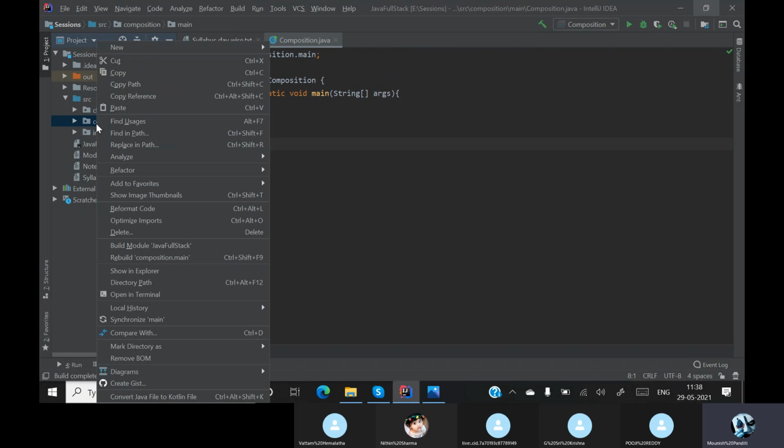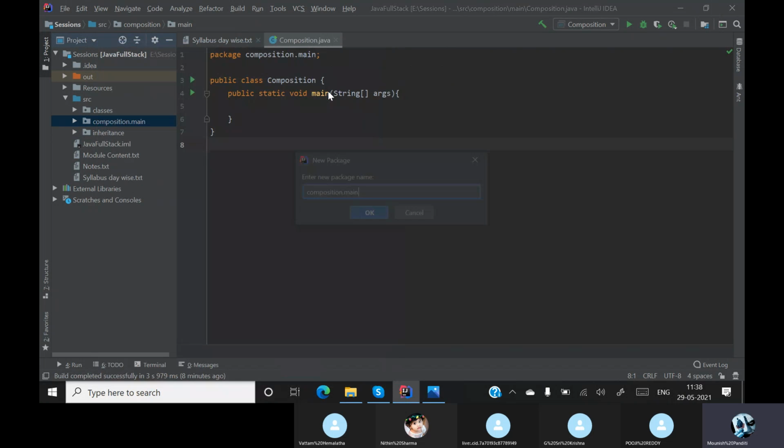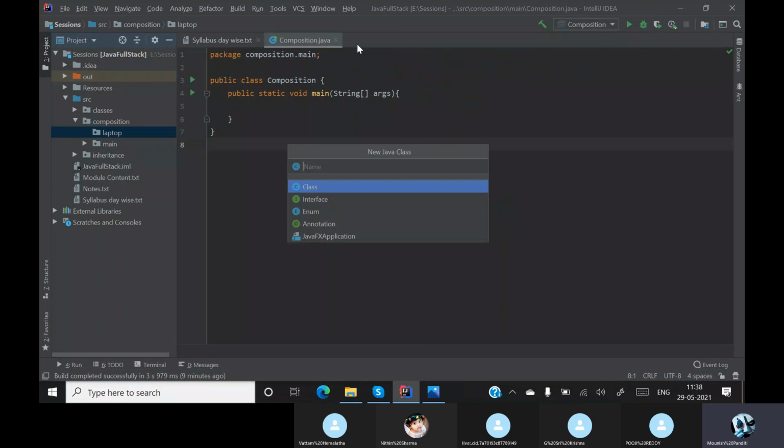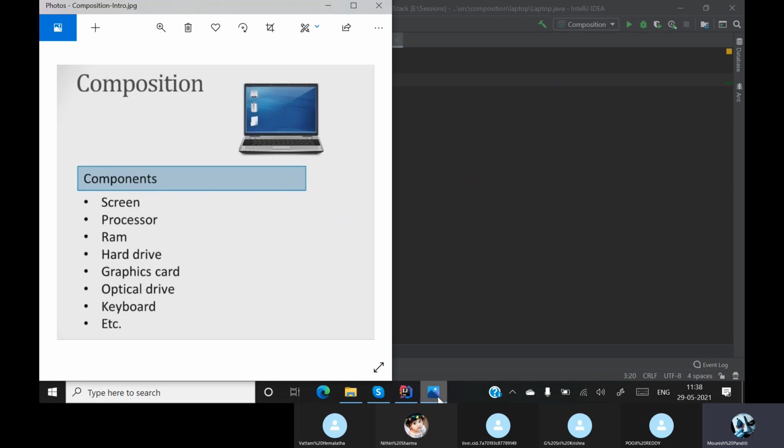Okay. Now inside the composition package, I'll create another package which is a laptop. Okay. Inside this laptop you have a class, and that class is laptop. Okay, so what are all the components of all the properties of this laptop? You have a screen. Let me write it down.